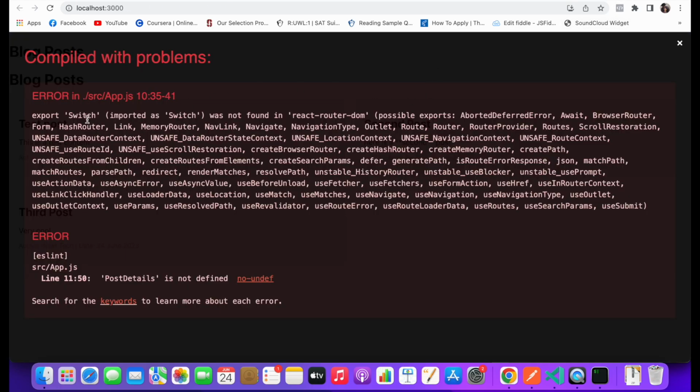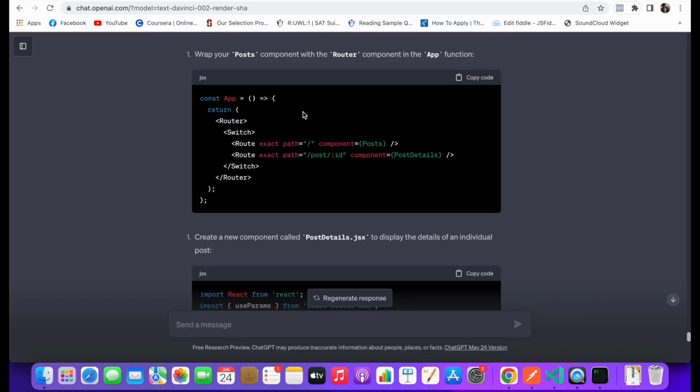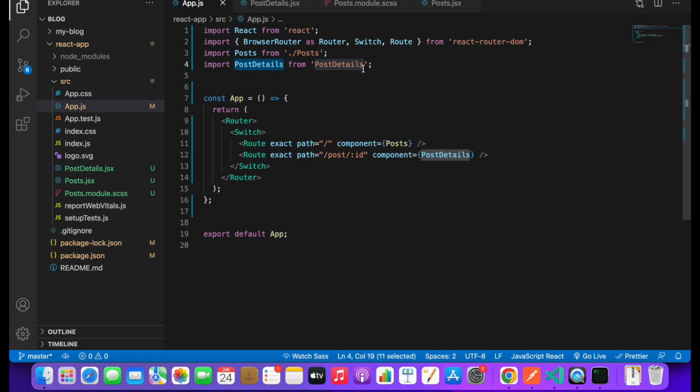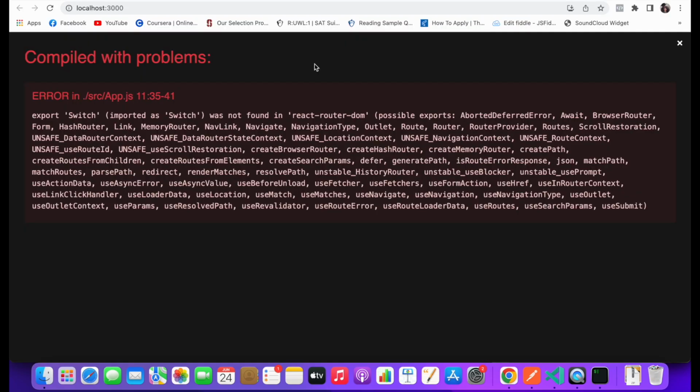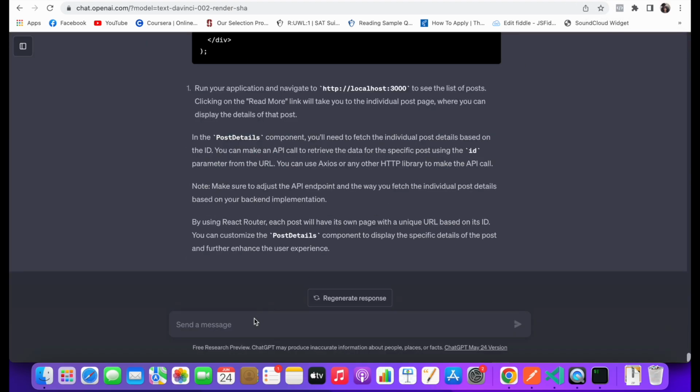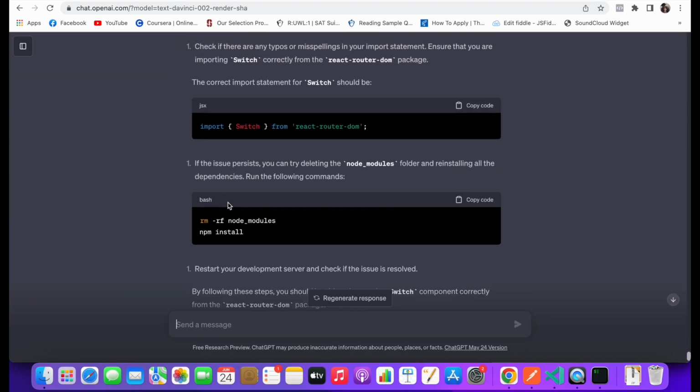All right, so import Switch was not found. And let's go back to our second issue. Can't resolve post details. Oh yeah, sorry about that. All right, and let's copy this issue to our ChatGPT. So I have an issue. Okay, so